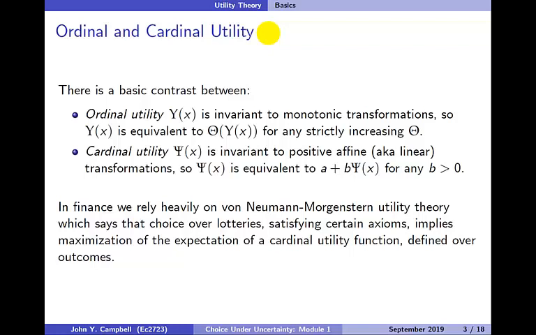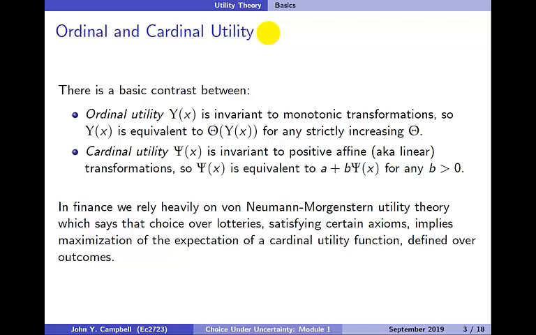This is, of course, what we do whenever we draw indifference curves in a basic microeconomics diagram. There's no labels on those indifference curves. The only thing we can say is that something is preferred to something else, but we don't have any units for comparison. Now, cardinal utility, on the other hand, is invariant only to positive affine, or otherwise stated linear transformations,